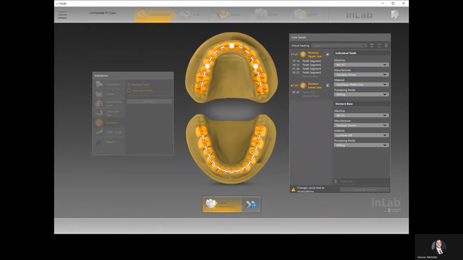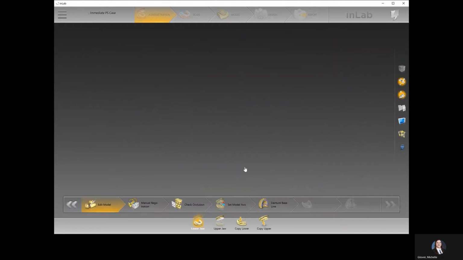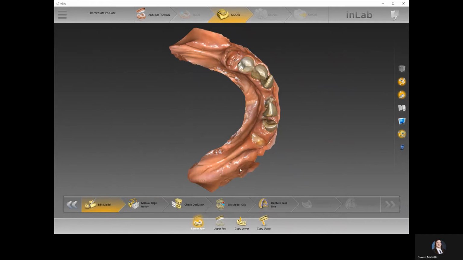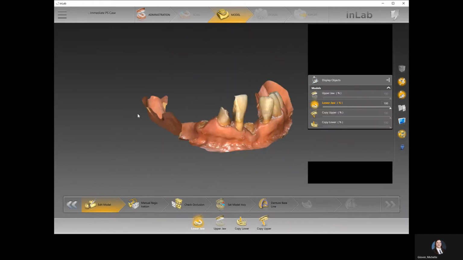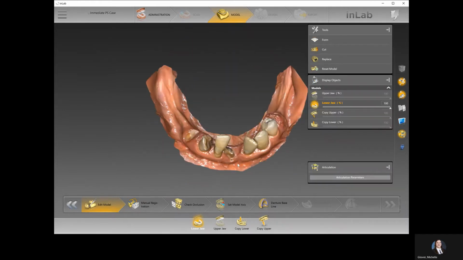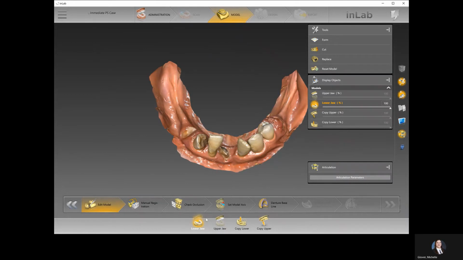So once we have these details, you're going to notice that the scan phase is grayed out. That's because that would have been taken care of on the Primescan side of things, as you can tell from these intraoral scans. You're going to notice on the bottom of the screen that we have upper jaw, lower jaw, and then copy upper and copy lower. The reason that we have copy upper and lower is that it's actually just a duplicate of the upper and lower jaw. The reason we use this is for the set model axis step to be able to line up